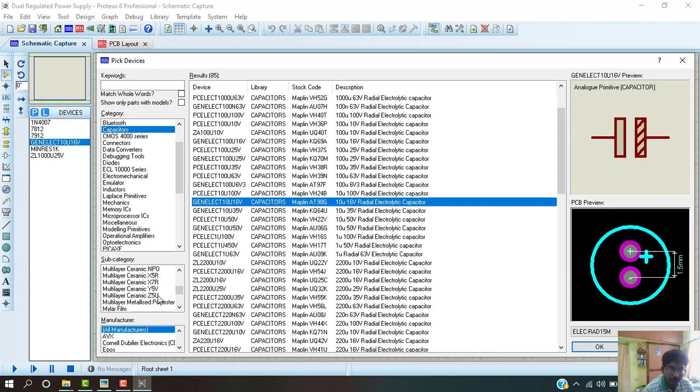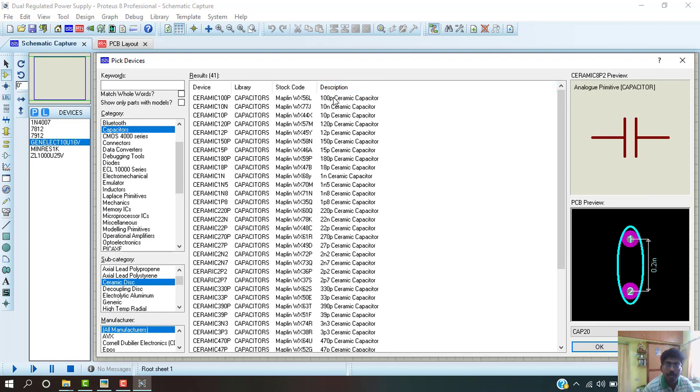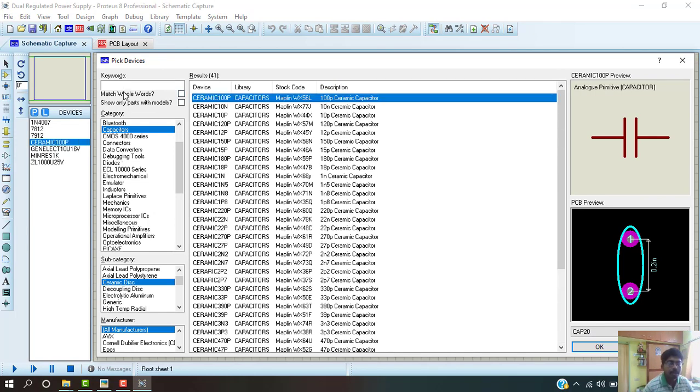Next we are going to select the disc capacitors, search for it in the subcategory. Ceramic disc is there, select it. Now here you can select any of the disc capacitors because all PCB layouts are the same in size and shape. Double click it and add it. Then we are going to search for LEDs in the keyword box.